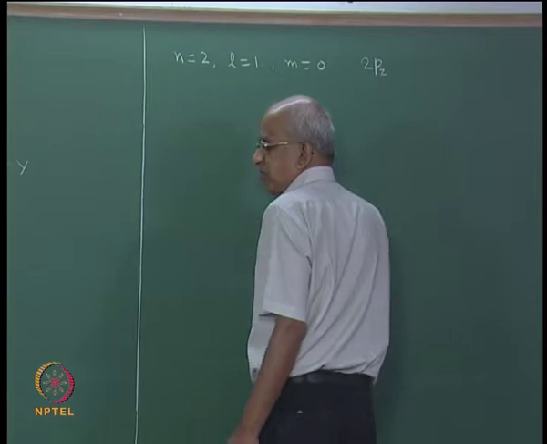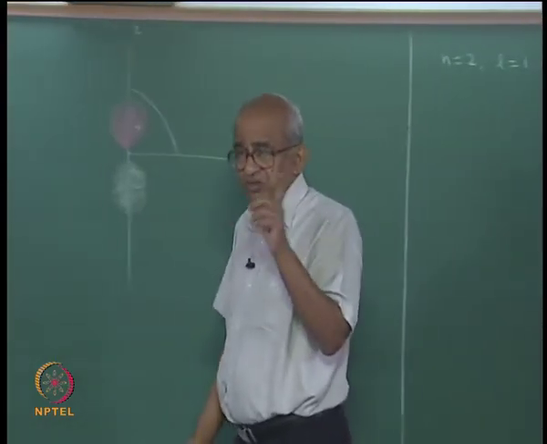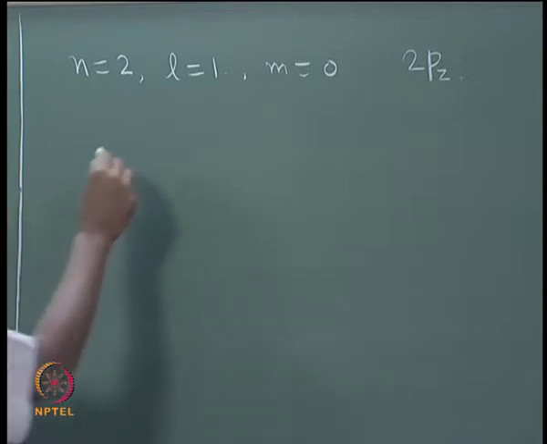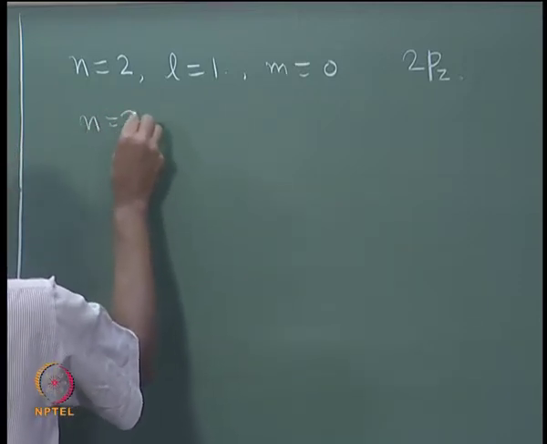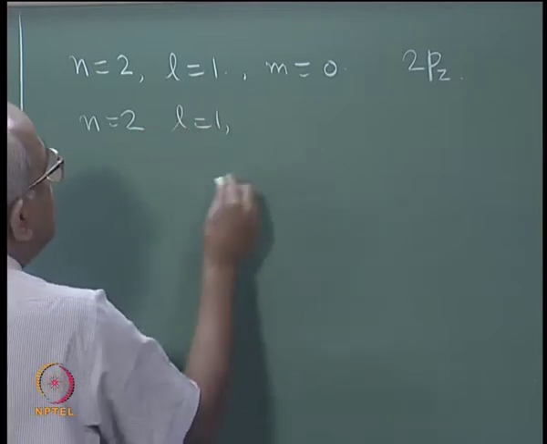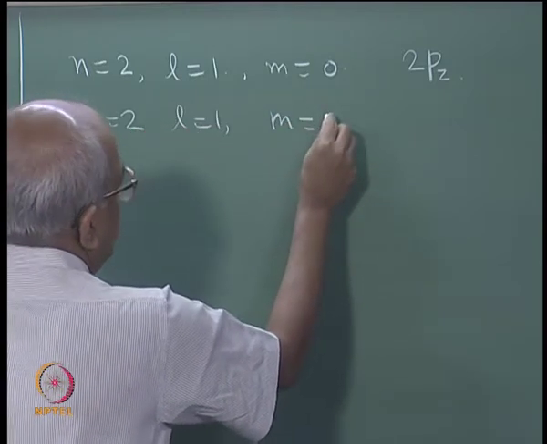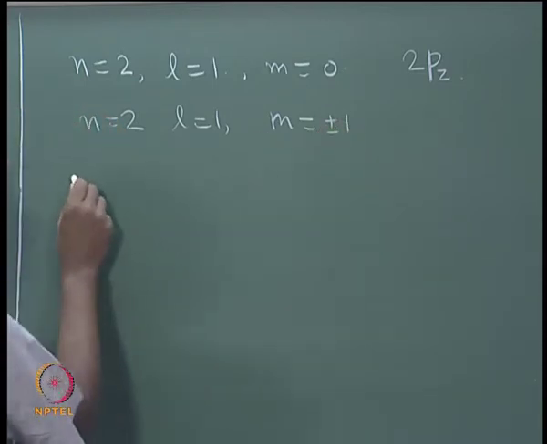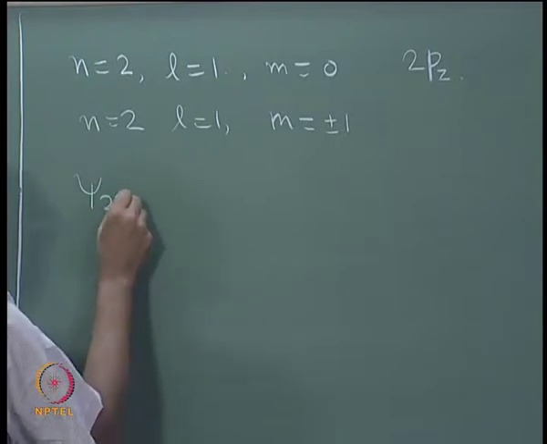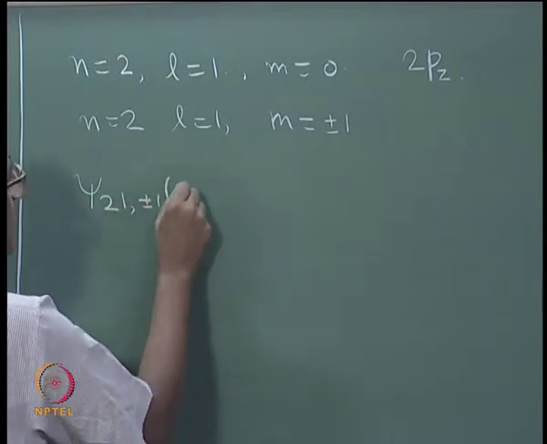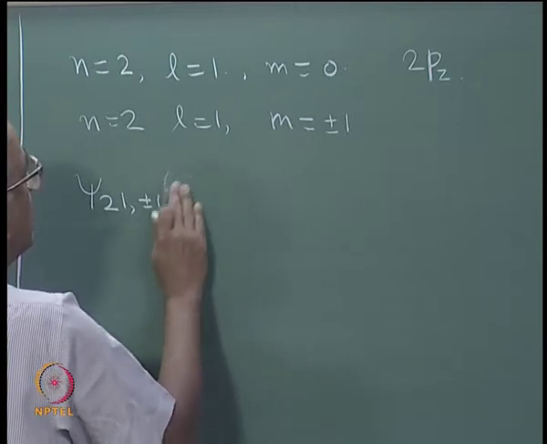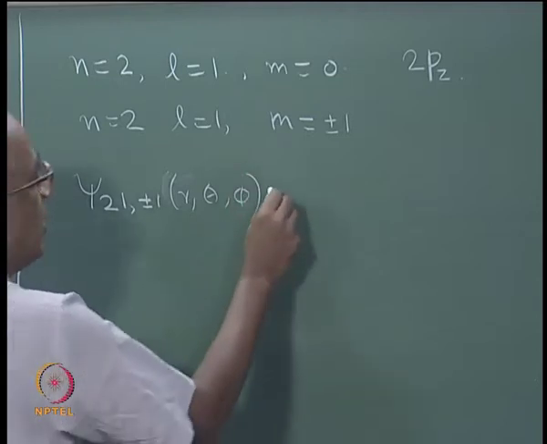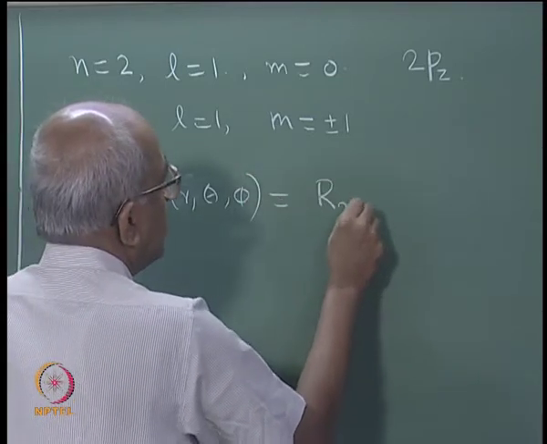To be very precise, we put a 2pz because 2 is the principal quantum number. Then if n is equal to 2 and L is equal to 1, and m is equal to maybe plus 1 or minus 1, what is going to happen is I will have psi 2 1 plus or minus 1, I shall write them together. These are functions of r theta phi, and it is going to be equal to R21 of small r,